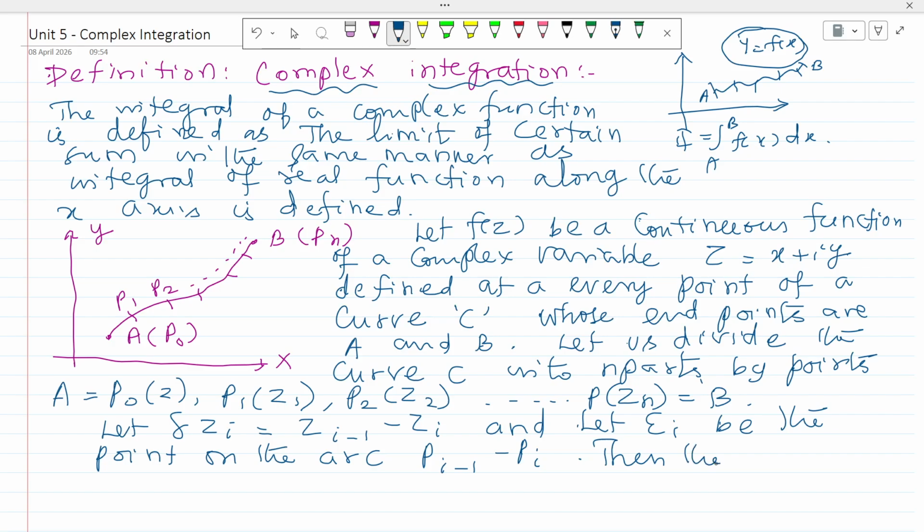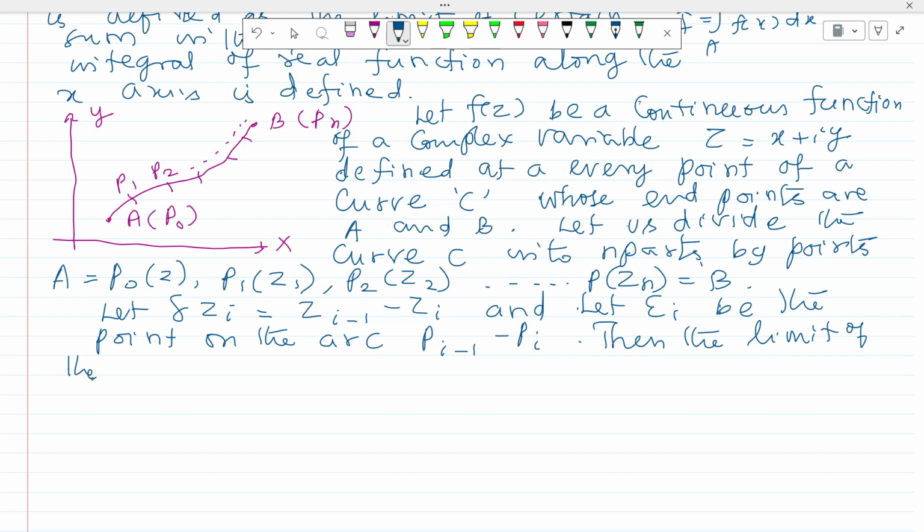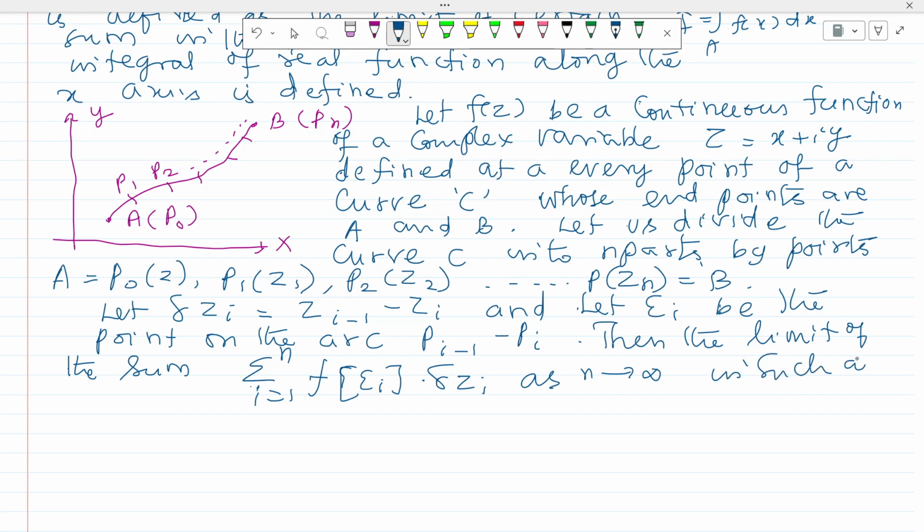Then the limit of the sum, summation of i equal to 1 to n f of epsilon i delta Zi, as n tends to infinity, in such a way that each delta Zi tends to 0,